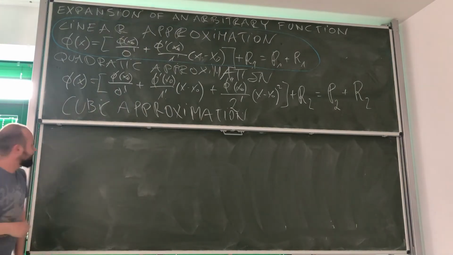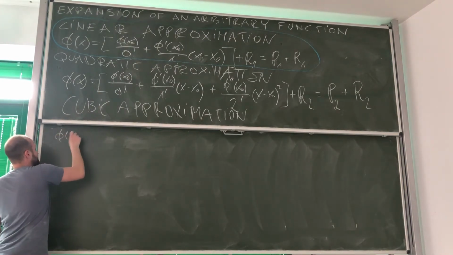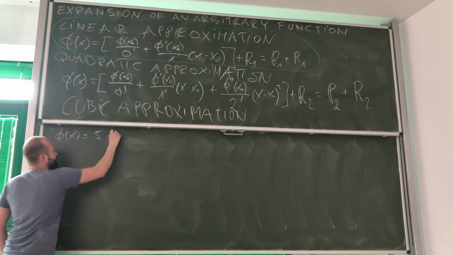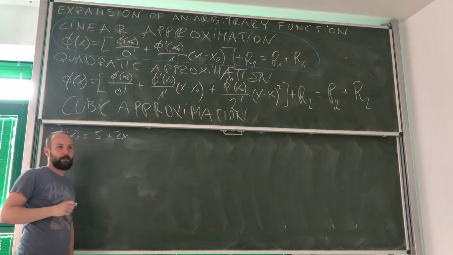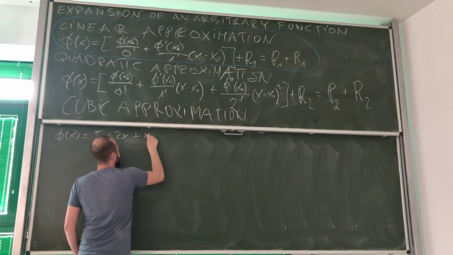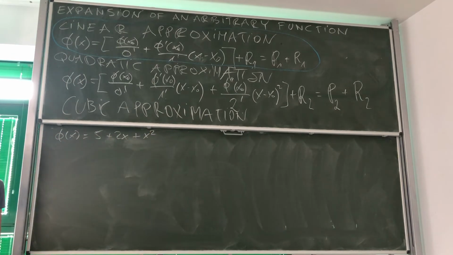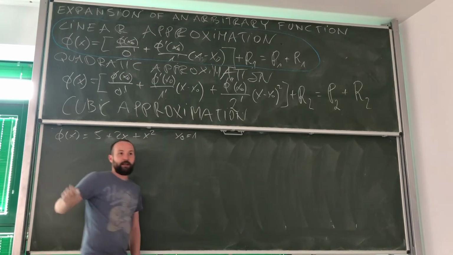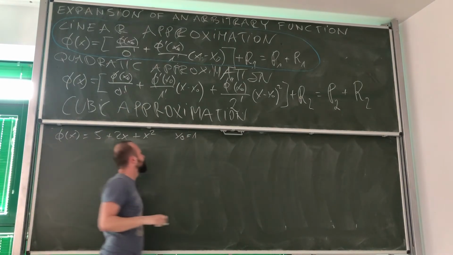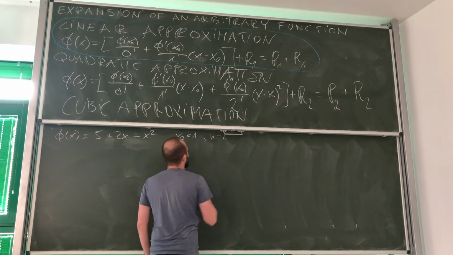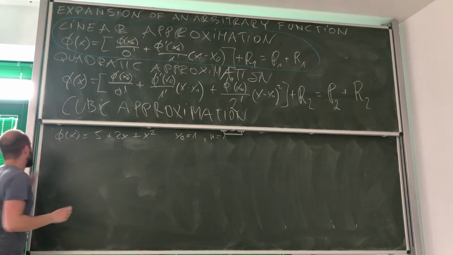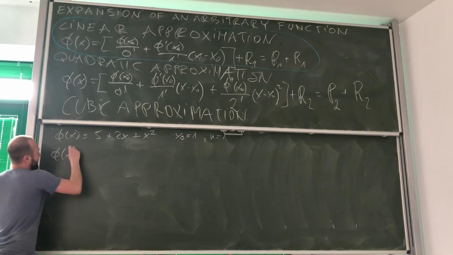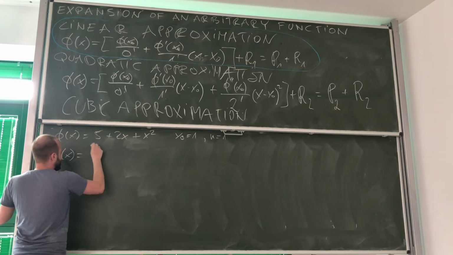Okay, so let's just say that our function phi is equal to 5 plus 2x plus x squared. Now, the point of expansion, let's just say, is 1, and we're going to use linear approximation, right? So, we got that phi of x is equal to